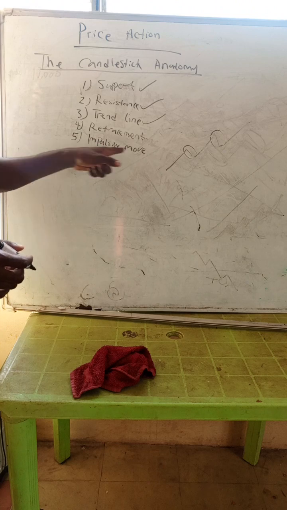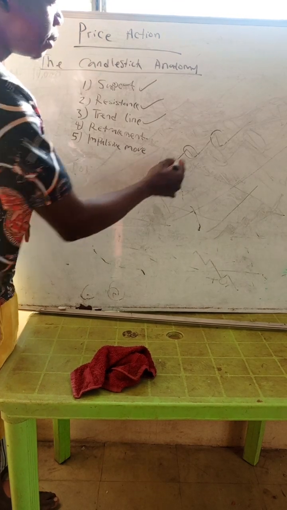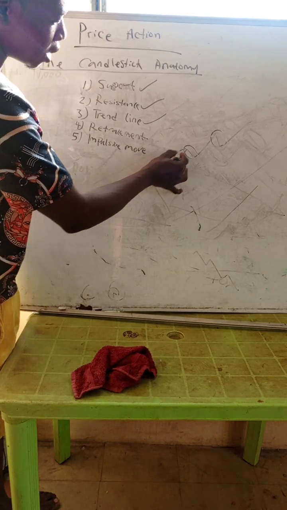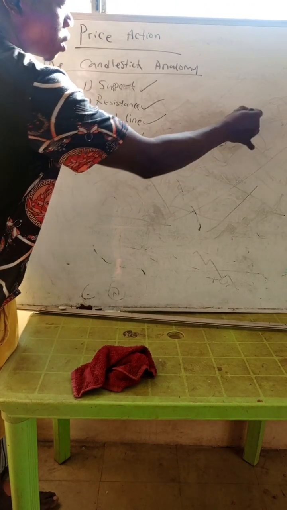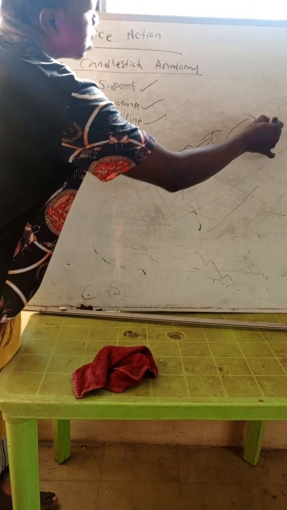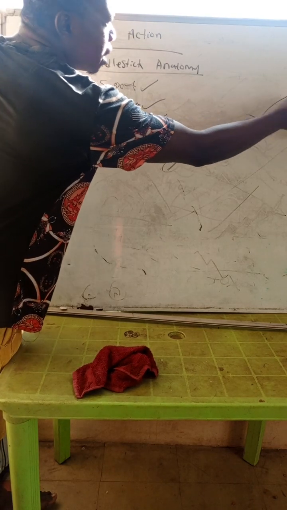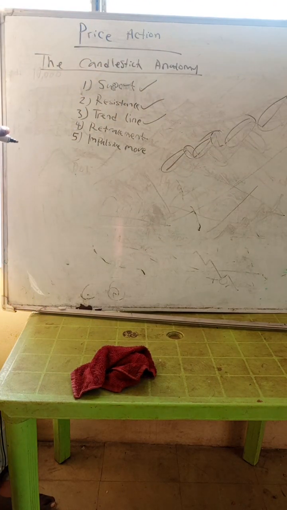Why? The impulsive moves are simply the big points in the market. So these small ones here, we call them the retracement. Then the impulsive moves will be these bigger ones here. All these bigger ones are called the impulsive what? Moves. While the retracement will be the small one. You see the bigger impulsive move. Impulsive means that it's big, then down a little again, and now another impulsive move. So this one is called the impulsive move.